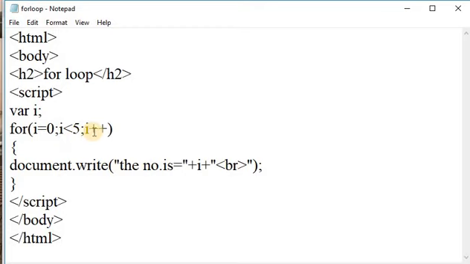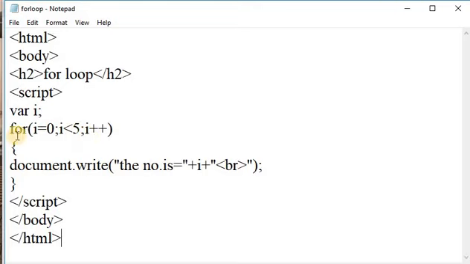After this the loop breaks. So in short, in a for loop, at the time we specify the initial condition, test condition and increment or decrement condition. Here i behaves like a counter as well as participating in the output. Okay, this is all about the for loop.